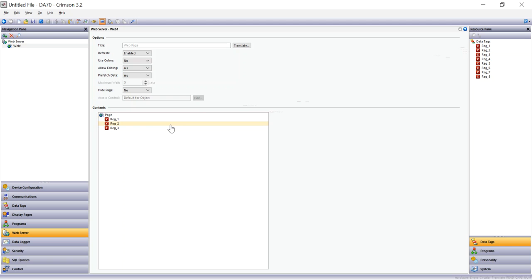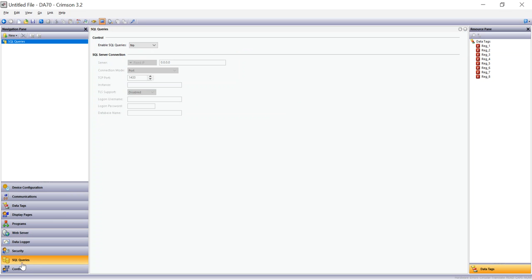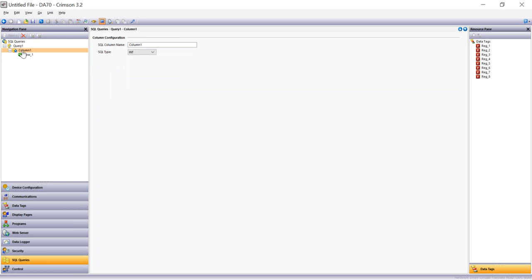Other things we can do is we can pull in data from an SQL database, and that's again very easy to do. Just click on the device here, we'll add a query in there, we give it the name of the column it's looking for, we tell it what kind of data's in there,